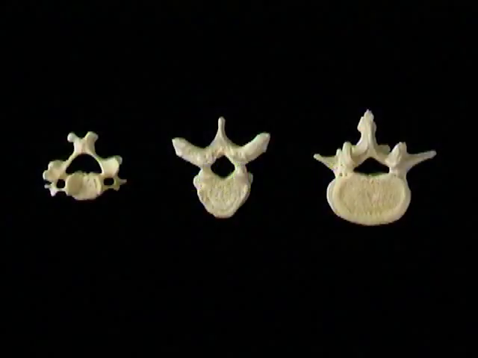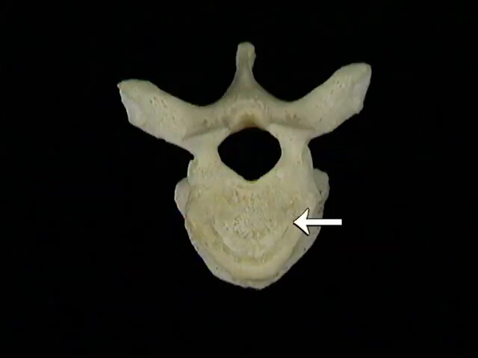Now that we've looked at the vertebrae and at the structures that hold them together, we're almost ready to move on to look at the principal muscles of the vertebral column. Before we do that, let's briefly review what we've seen so far. Here's a cervical vertebra, a thoracic vertebra, and a lumbar vertebra. Here are the body, the vertebral canal, the pedicle,